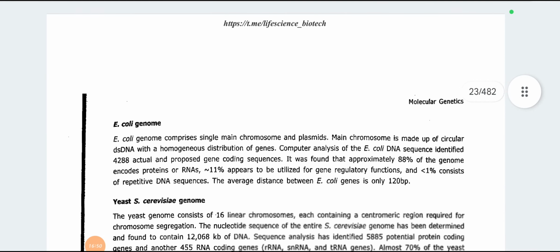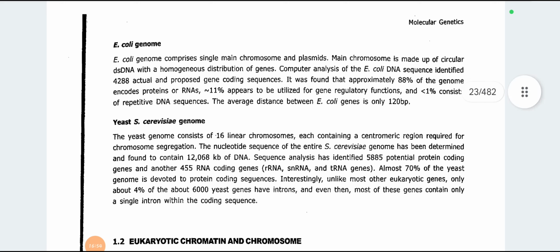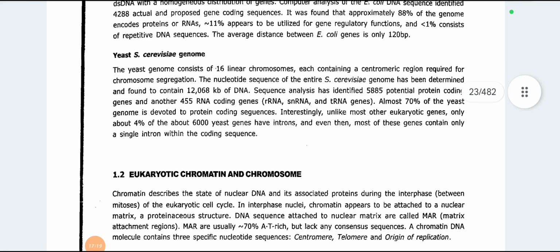So next is the E. coli genome. The E. coli genome comprises a single main chromosome and plasmids made up of circular double-stranded DNA with a homogeneous distribution of genes, and they contain around 4 to 8 actual and proposed gene coding sequences. 88% of the genome encodes protein. Okay, 11% is for regulatory function, less than 1% is repetitive DNA sequences, and